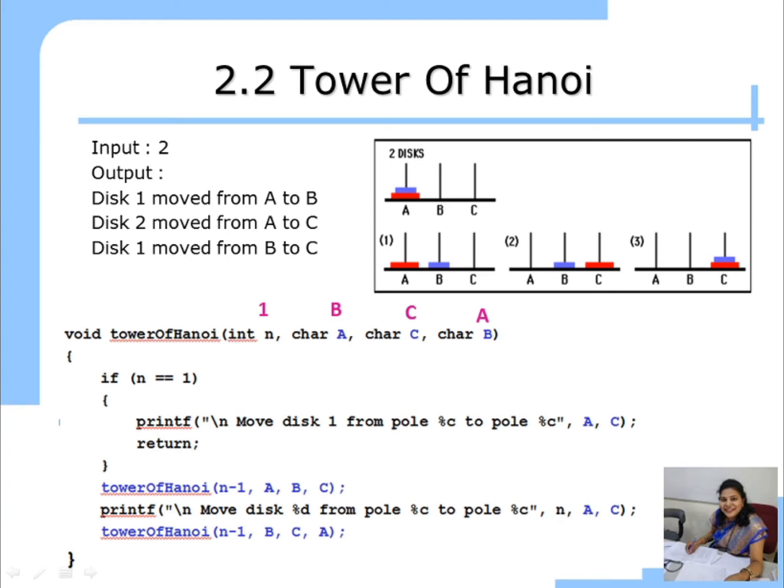Likewise, it works for 3 disks, 4 disks, 5 disks, and so on. So these are the two recursive functions of the stack, factorial and the Tower of Hanoi. In this video lecture, we have learned two stack applications. One is reversing a list. If you want to reverse a list, you put all the list characters onto the stack, then pop one by one and print them to get the reversed list.